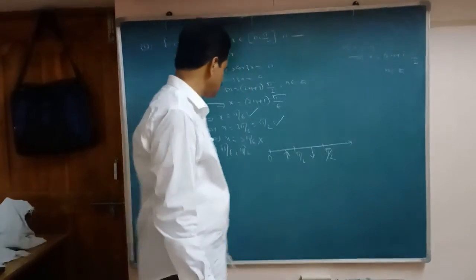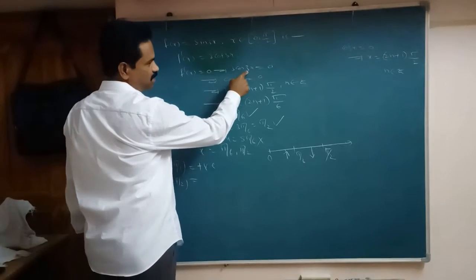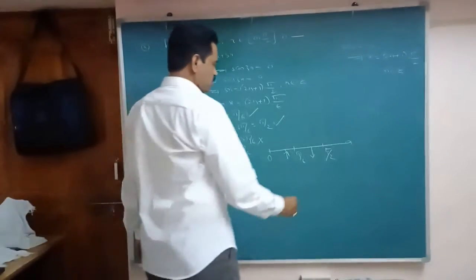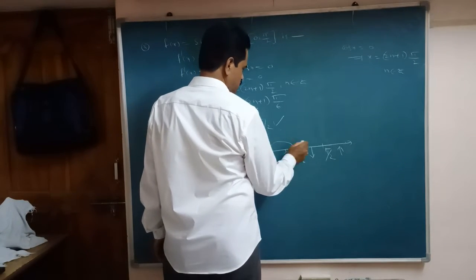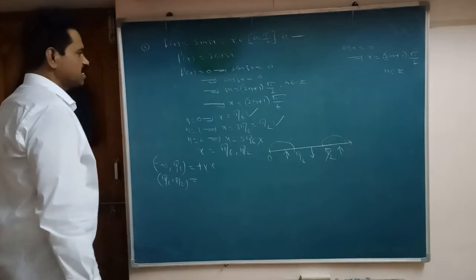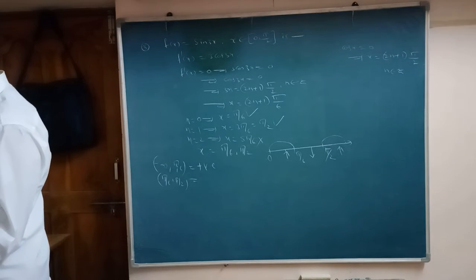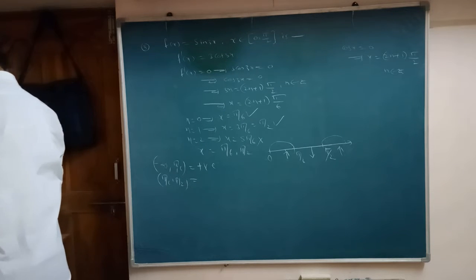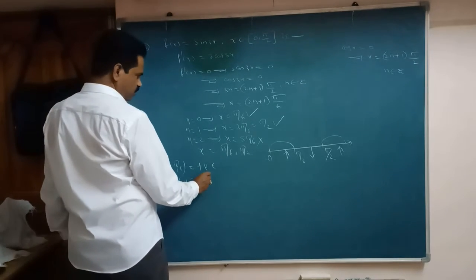Pi by 6 to 60 degrees, you have already taken. 60 degrees, 60 to 30, 180, cos 180 is minus 90 plus 90, minus 1. So it is decreasing. For which intervals? 0 to pi by 6 is increasing here. And pi by 6 to pi by 2, f of x is negative.